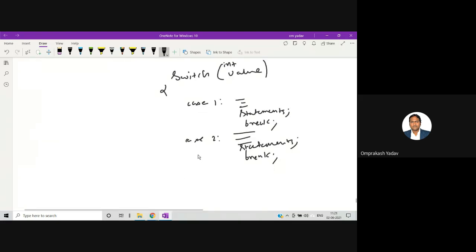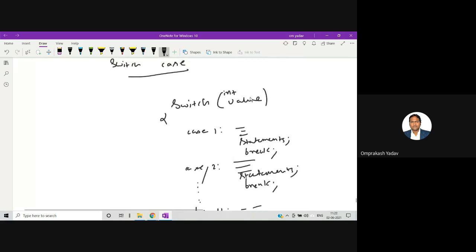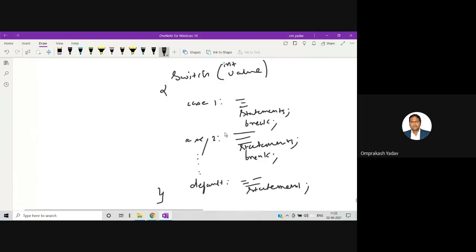So like this, I can write multiple cases, as many cases as you want, and finally you can provide a default case. When none of the values match, it will execute the default case. And I can have the statement here, no need to write the break because default will be at the end. This is the normal syntax of my switch case. So switch based on a certain value, and based on that value you can jump to that particular case and execute. Don't forget to write the break statement at the end of each case.